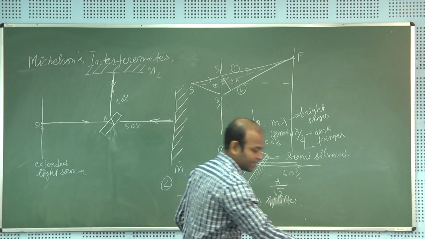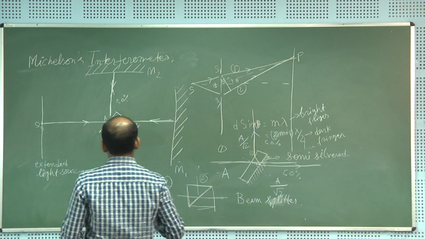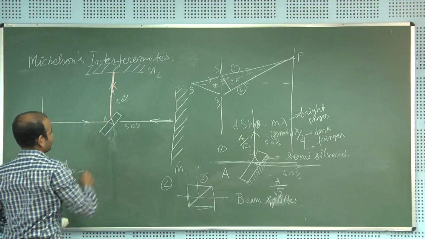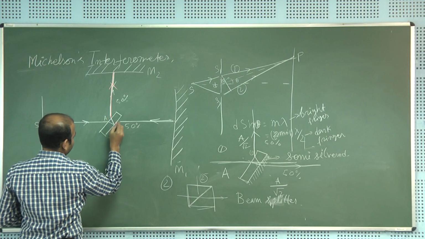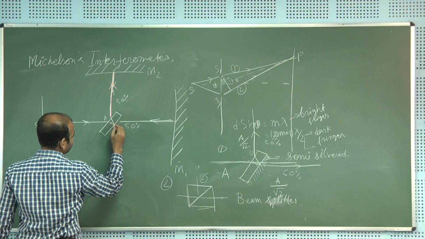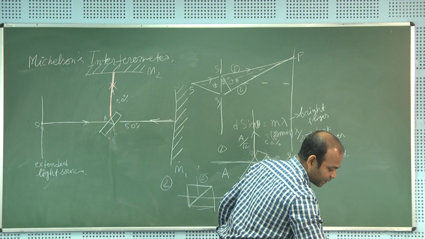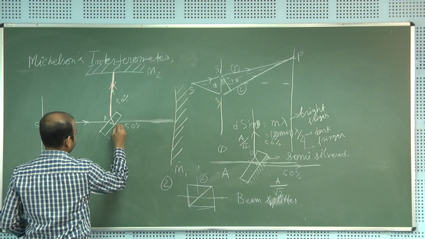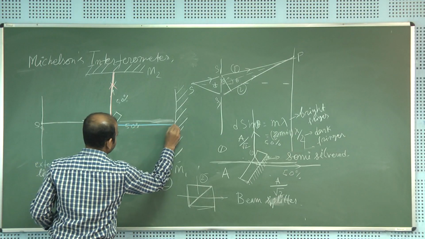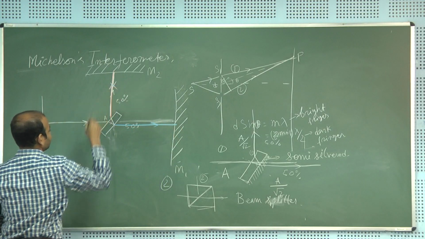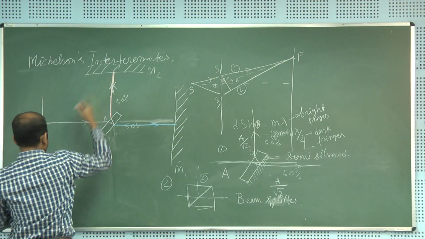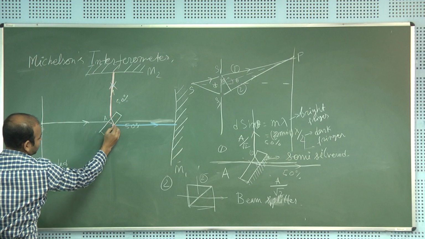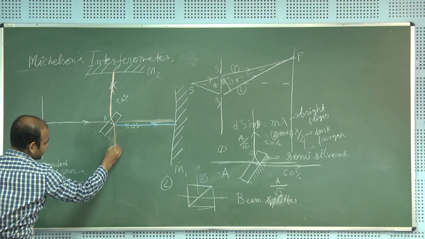Maybe I can use a different color now. And the light which will get transmitted, we can take another color. Now, this light ray will actually get reflected, and it will follow the same path like this, and then it gets transmitted,